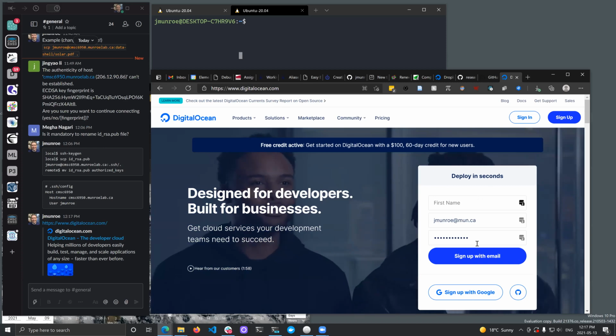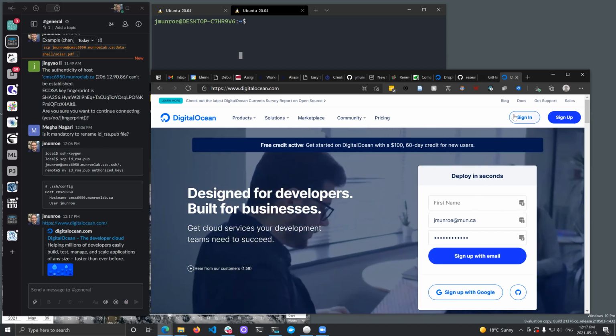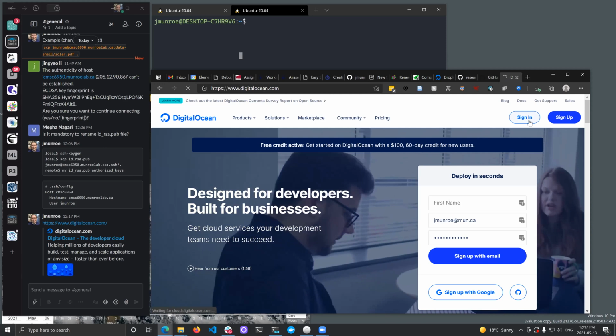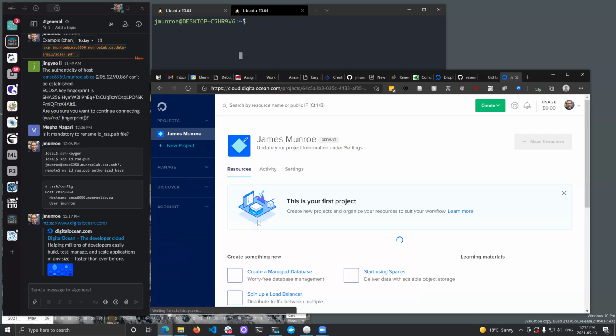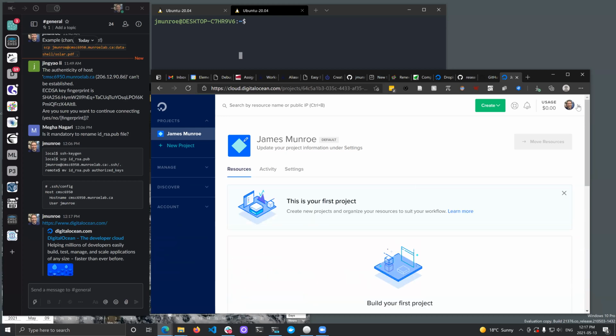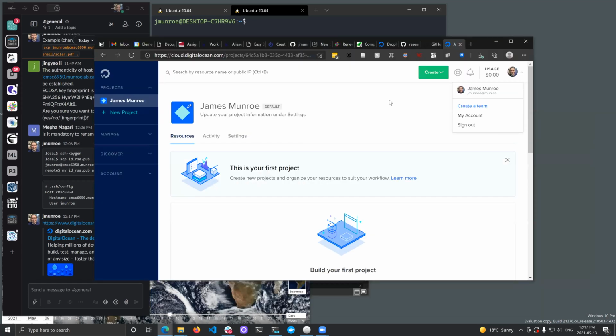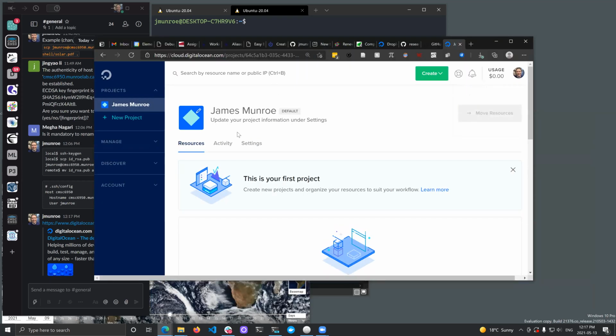You can create an account and deploy it in seconds. You can sign up. What I'm going to do is I'm just going to sign in with an account that I've already got. Okay, so I'm connected to this thing. It's affiliated with mun.ca, is the account that I'm working on, and I don't currently have anything set up on